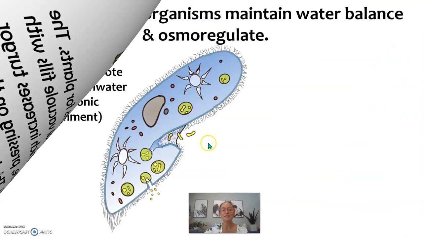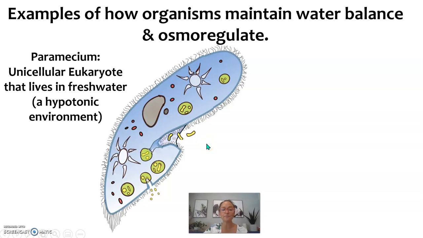Okay. Now let's go ahead and look at just a few examples of how organisms osmoregulate. Now osmoregulate means to maintain water balance. And so here we're going to look at a single-celled organism, a unicellular